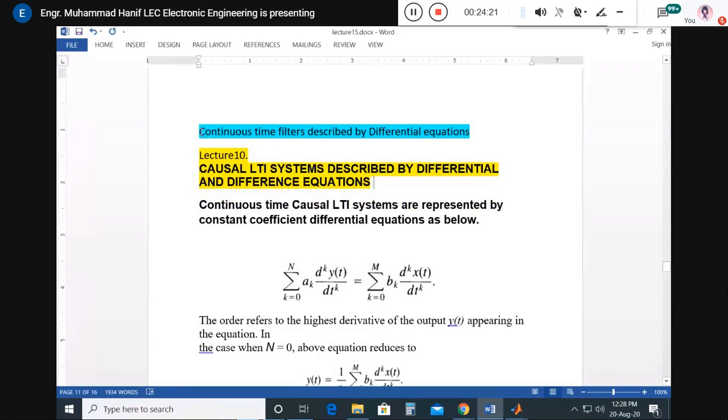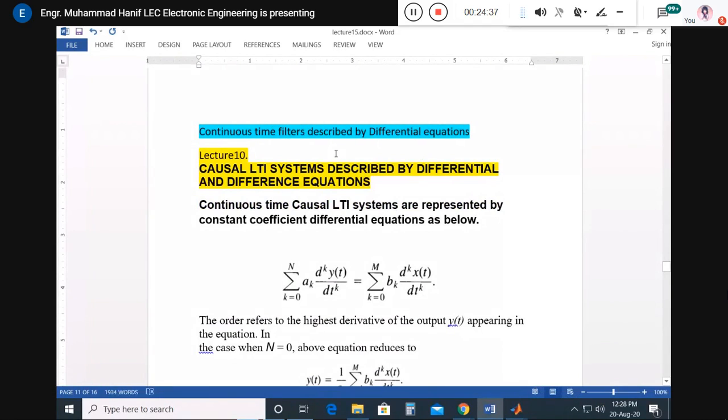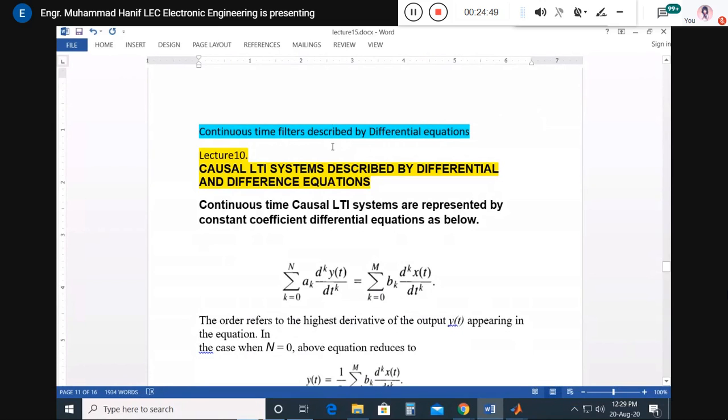Now, one topic we left at the beginning, which was part of lecture number 10: continuous time filters described by differential equations. Now, what kind of filters are represented by differential equations? Generally we say RLC circuits are used to implement the filters in electrical systems. Okay, so we say that they are represented by the differential equations. So differential equation